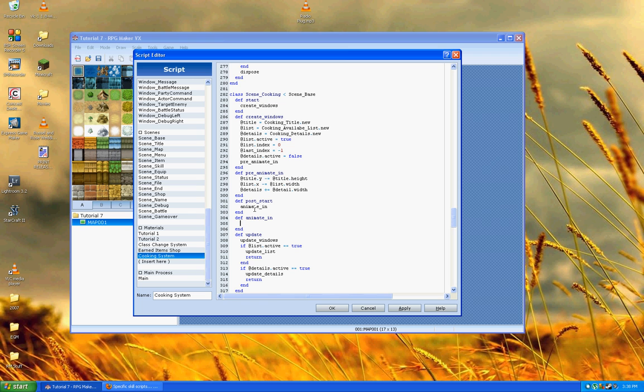So here we're going to say timer equals 10, or we could do 20 or any other number you want. What we're going to do is take that and say while timer is greater than 0, then we are going to take the title.y. You know what, let's just grab all of those. We're going to bring all of these over, but the difference is we're going to reverse the sign because we want to bring them back onto the scene now, and we're going to divide this by the total